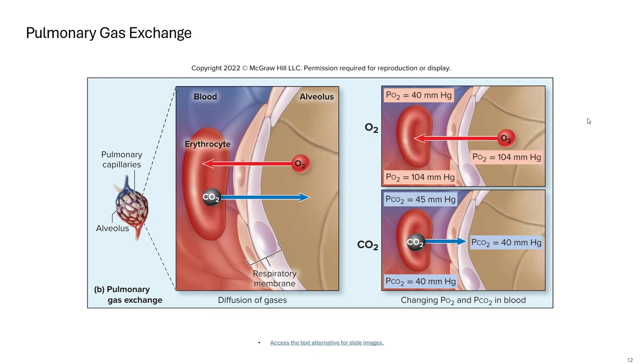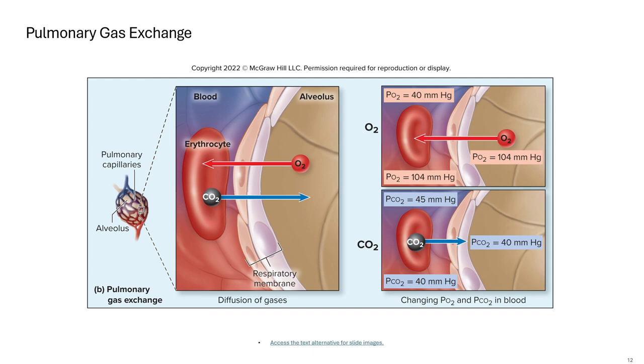Where it's greater, that's going to influence and drive the diffusion. That's going to drive the movement of the gas. So for oxygen, and remember, gases are moving from high partial pressure to low partial pressure. So this P is referring to the partial pressure of oxygen, partial pressure of carbon dioxide. So if we know that oxygen is moving from the lung, the alveoli, the airspace, into the blood, then we